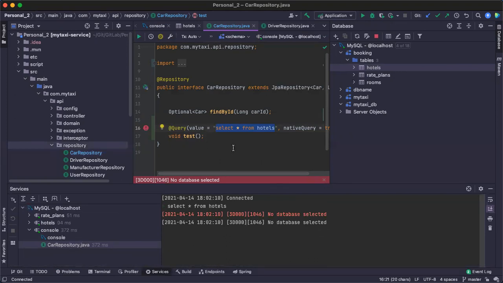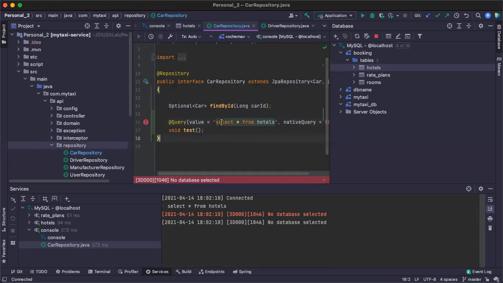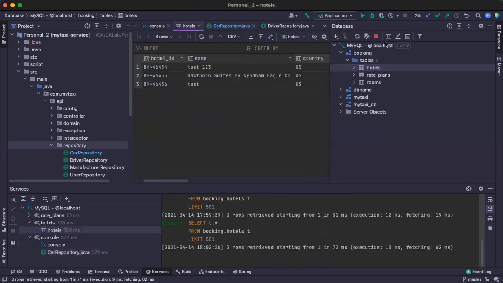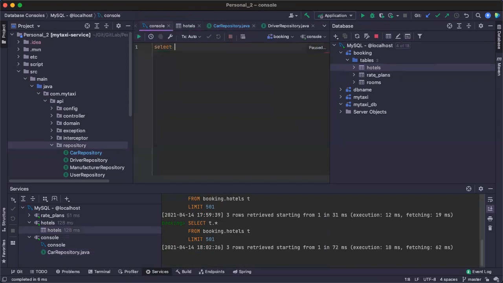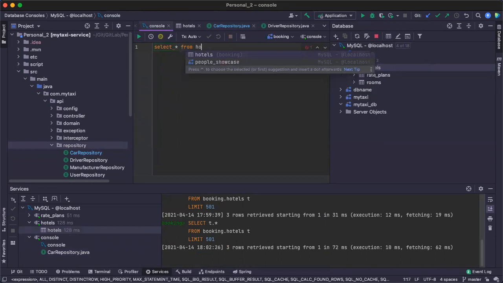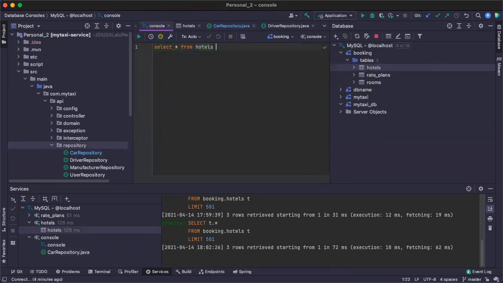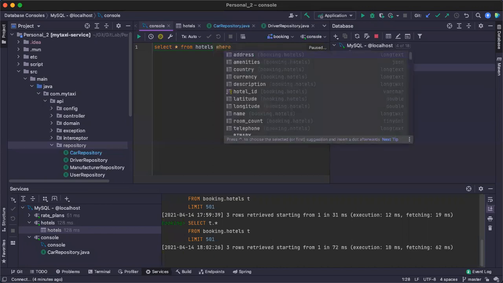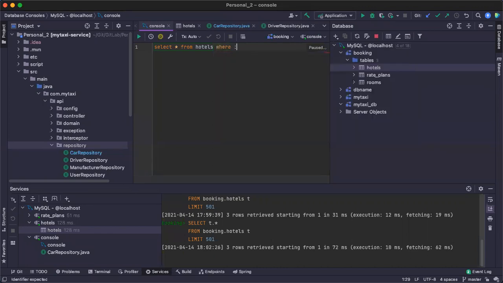So when we are developing, it will automatically show each and every execution, since it's a native query, and in a native query you can pass a lot of values. Most of the time we will copy the native query from our repository class to the database tool, right? In our native query we will have something like colon hotel ID.